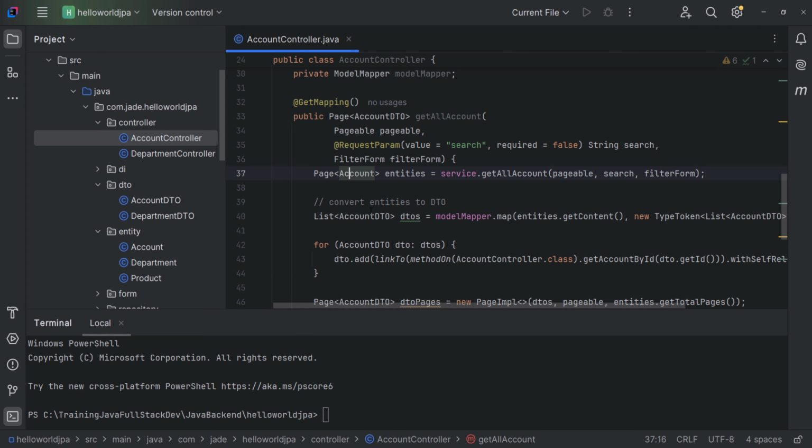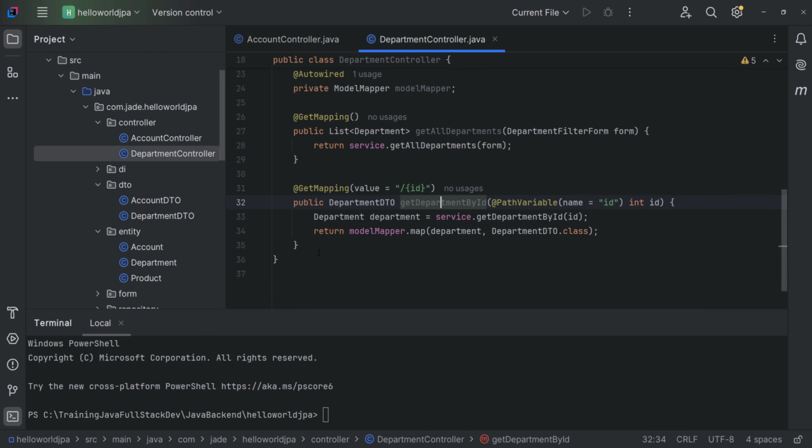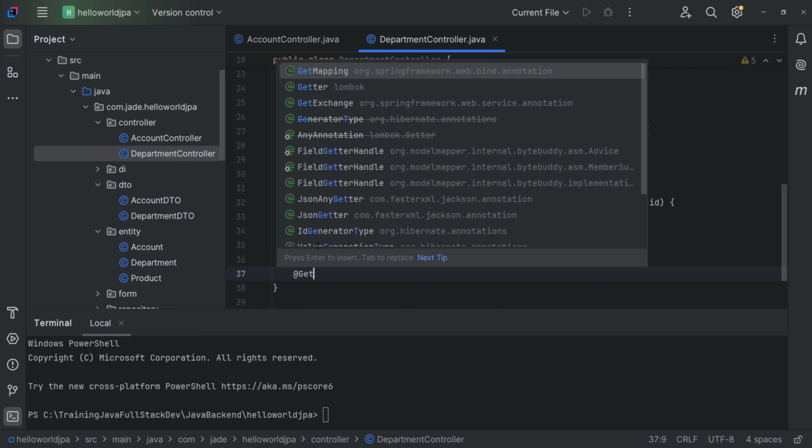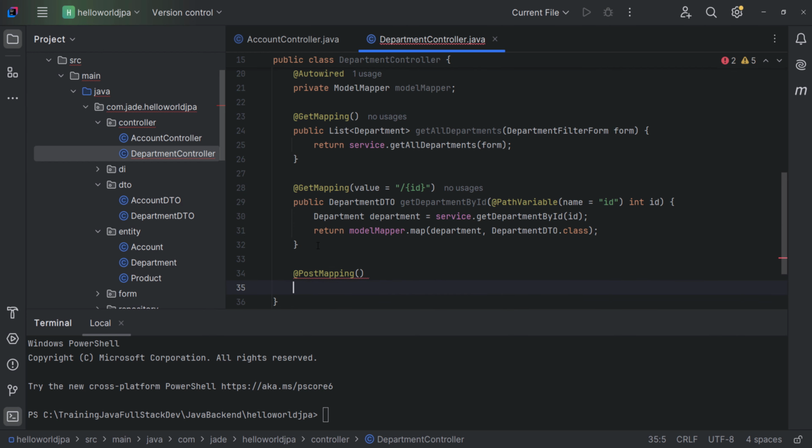So go to the account controller, and now we will create an API for creating a department. Just go to the department controller, and the API for creating should have the method name post mapping. Okay, and the method name is create department,